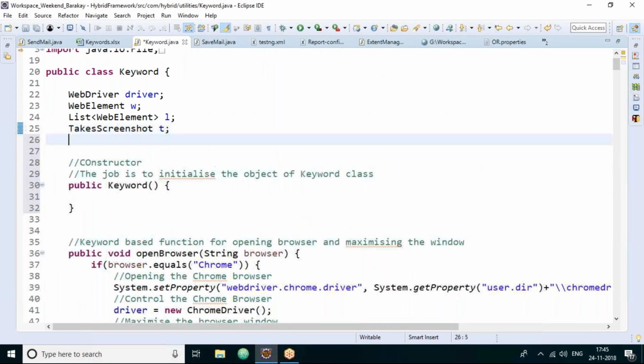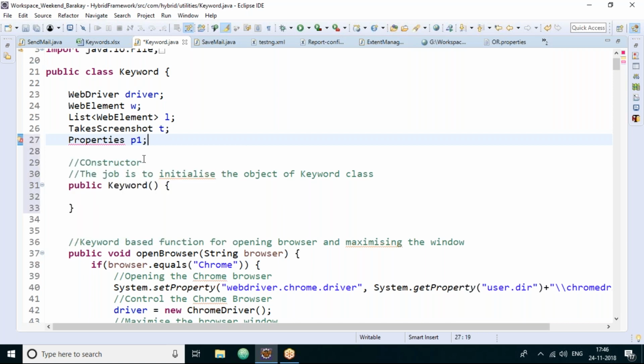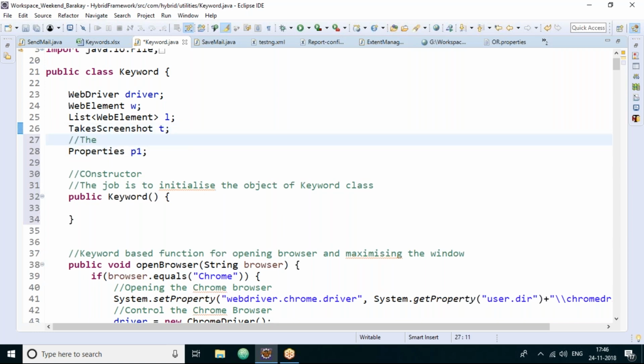I'll create a reference variable of the Properties class at the global level, call it P1. Import the Properties from the util package. Now, what is the job of P1? I'll tell you. The job of the P1 reference variable is to load the